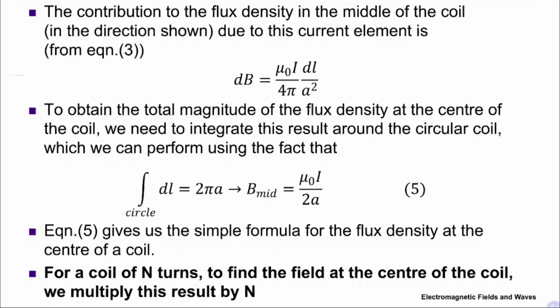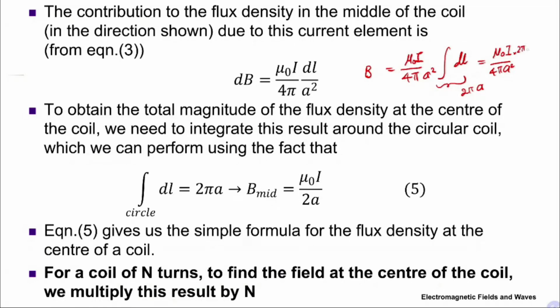Okay, so B will be mu naught I over 4 pi a squared, all these are constants, times the integral of dl over the circle, and this part here is 2 pi a, and that will be equal to mu naught I over 4 pi a squared